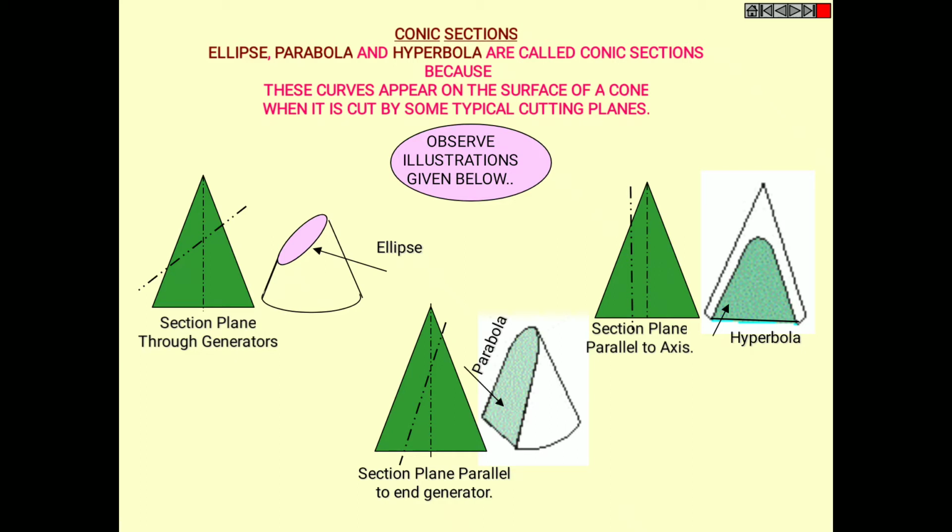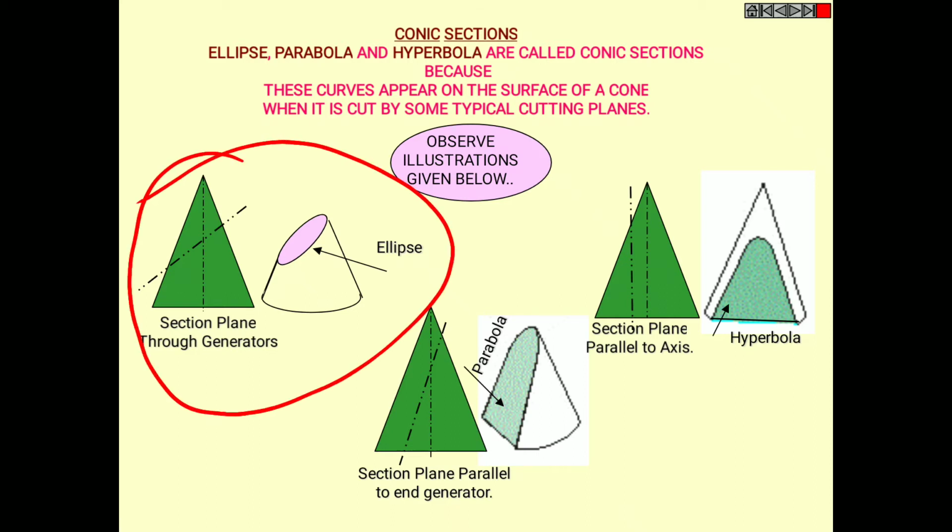So, have you got some differences between ellipse, parabola and hyperbola? How actually ellipse looks, how actually parabola and how actually hyperbola looks. For this session, you just leave parabola and hyperbola, we look only at ellipse. What is an ellipse? Section plane through generators. There is a cone over here, if it is cut by the section plane through generators,